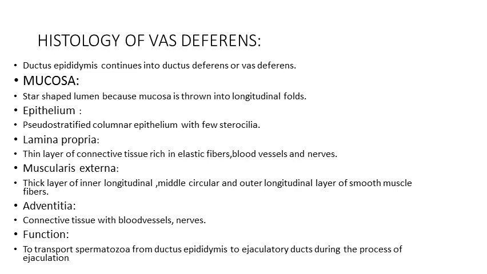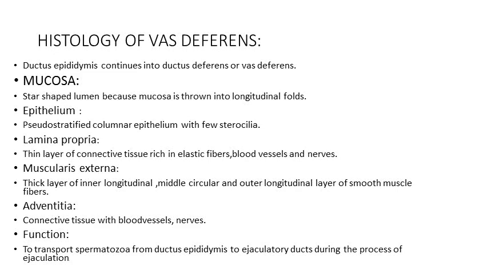It has a star-shaped lumen. Why is it star-shaped? Because the mucosa is thrown into longitudinal folds. Then coming over to the epithelium, it is the same pseudostratified columnar epithelium but with few stereocilia. Then comes the lamina propria. In the lamina propria, there is a thin layer of connective tissue which is rich in elastic fibers, blood vessels and nerves. Coming over to the muscularis externa, there is a thick layer of inner longitudinal, middle circular and outer longitudinal layers of